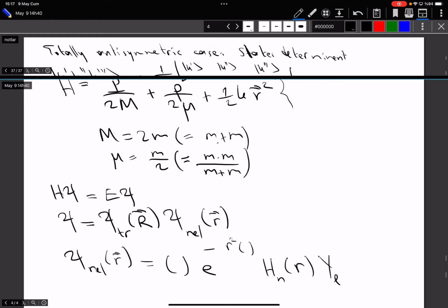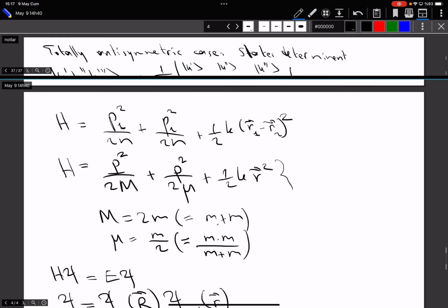And you also have Y_LM. So this will be the general solution. And in principle, you can say that L can take any value. Now, if these two particles that we are talking about are identical, where this is the Hamiltonian, L